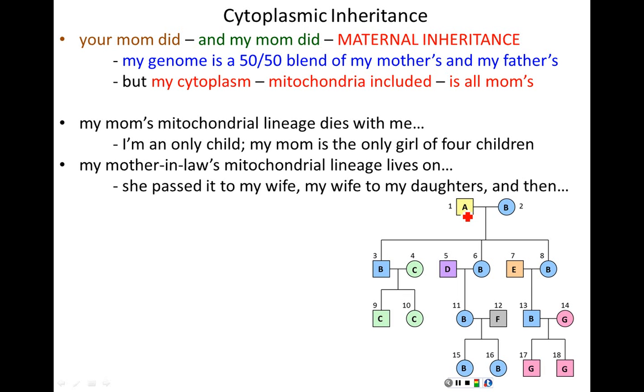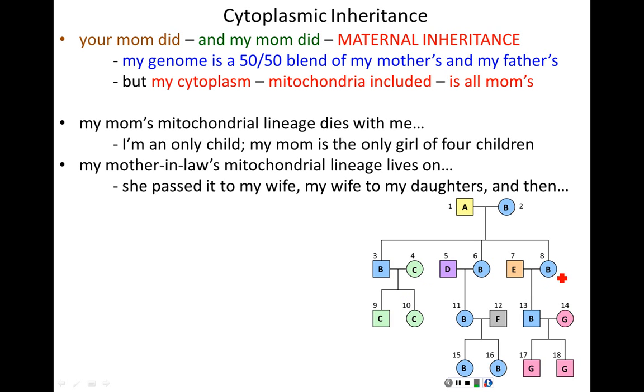Here is a mating between a man and a woman. The woman has blue mitochondrial DNA for the sake of argument here. She passes it to all her kids. All her kids are her kids. They were all conceived in her egg cells, so they all have her mitochondria. This son has her mitochondrial DNA, as do these 2 daughters. The son marries a woman, has kids. Well, we don't know if they're married, I guess, but they have kids together. But since he's a male, he doesn't pass that mitochondrial DNA on at all. That lineage has ended on this line. The kids get the mother's mitochondrial DNA because all kids get their mother's mitochondrial DNA, period, end of story.